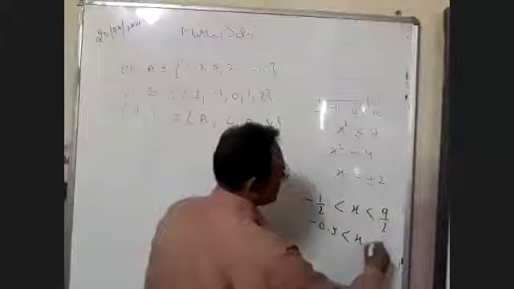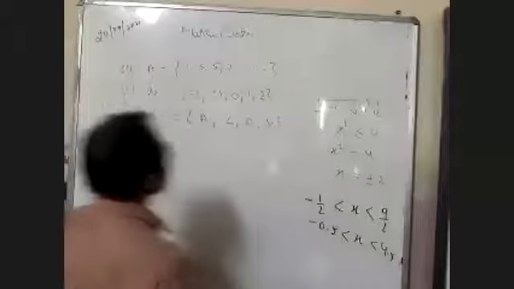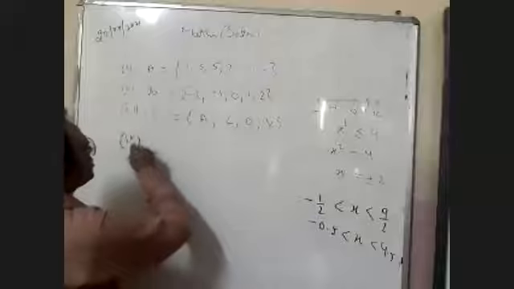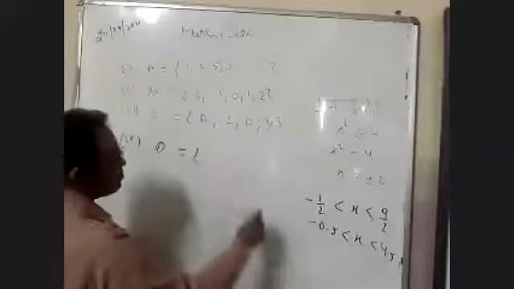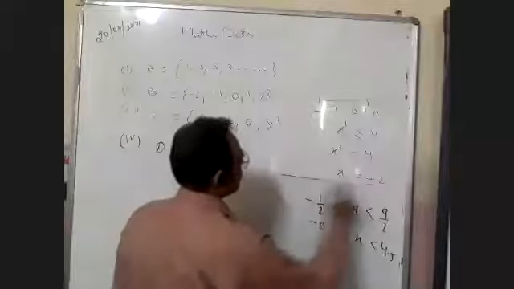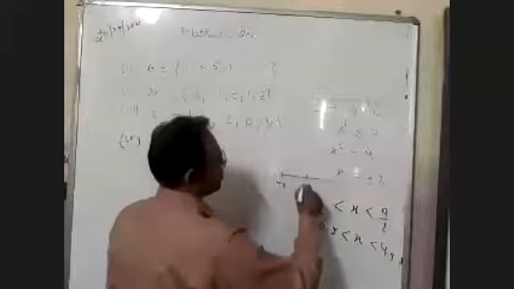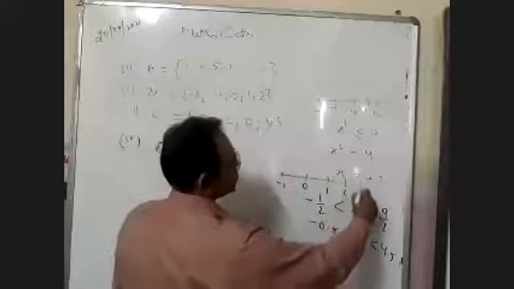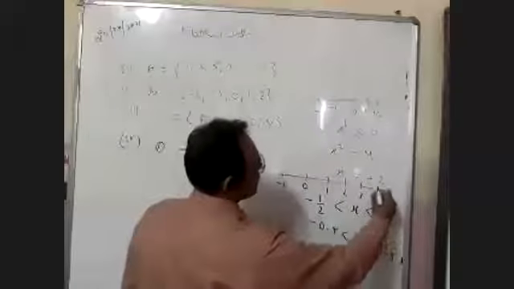B में क्या है? You have to write X is such that X is an integer, -1 upon 2 less than X less than 4.5. So integers you have to take. You are very much aware about the integers. Integers you can take from -5. If you represent on a number line, it is -1, it is 0, it is 1, 2, 3, 4 and 5.